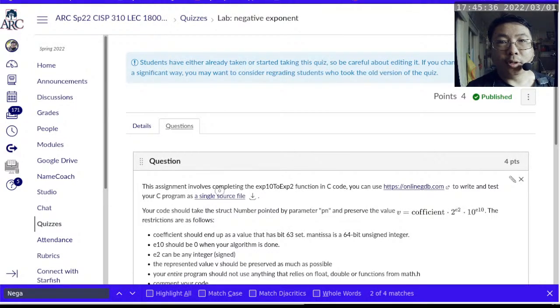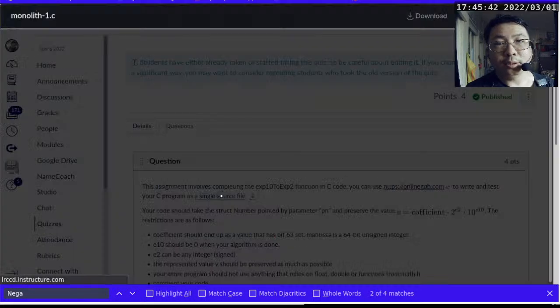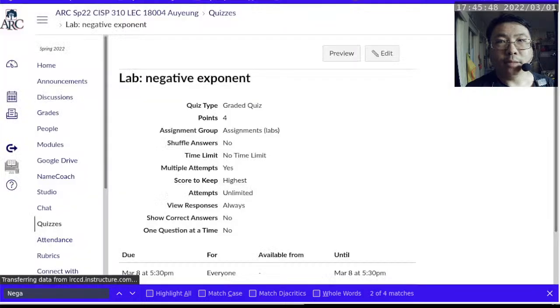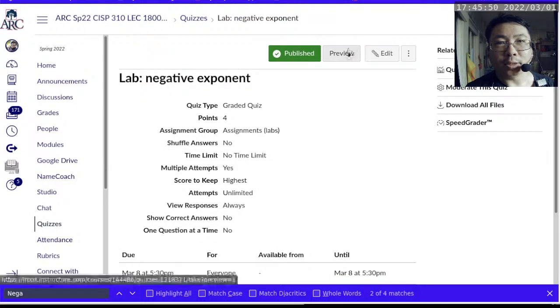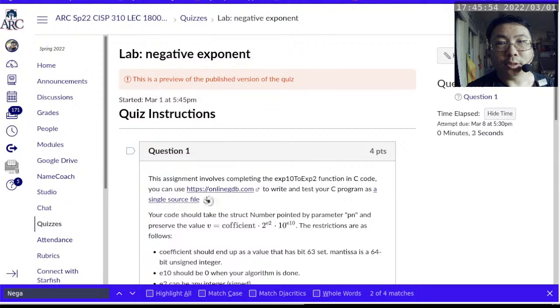All right, so in this case you have one single source file to deal with, and it is here. You can click it in Canvas and it will render it in a certain way. Now don't do that, okay? Because the best way to do it is not to click on it. The best way is to click on the little download symbol here, which should